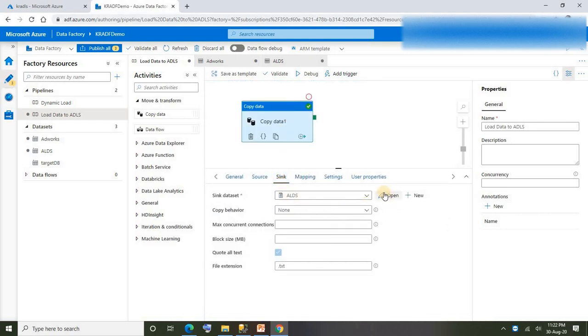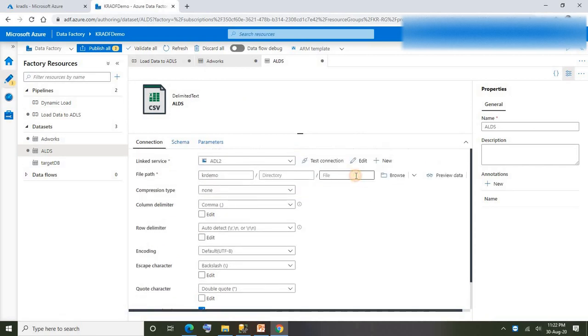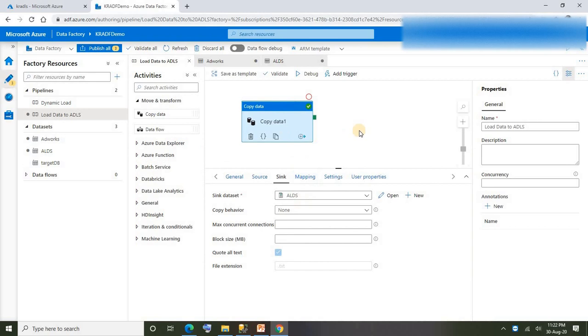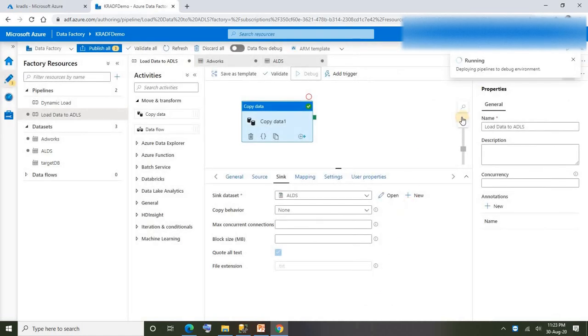If you go to sink, open the sink dataset, the file name I'm gonna give as London. Okay, go back to pipeline, debug. Let me execute with the default value, that is London.